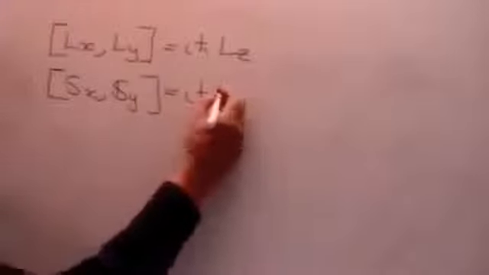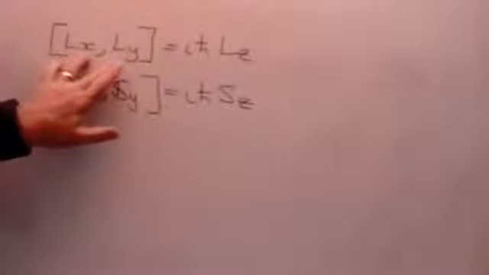But assuming that you've done that, then let me just remind you that at the end of the last video in this series, we showed that the commutator of the angular momentum in the x direction with that in the y direction was equal to i h bar Lz, and that the commutator of the spin in the x direction with that in the y direction was equal to i h bar Sz. And we also showed that you could produce similar commutators of y with z and z with x, and in each case the one that doesn't appear in the commutator is the one that does appear on the right hand